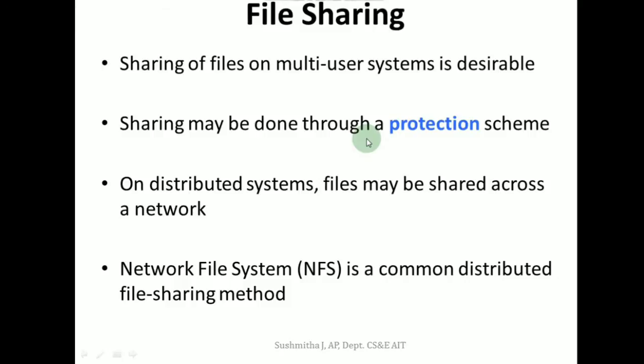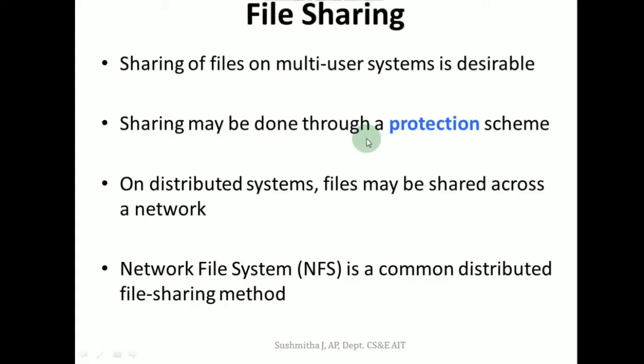The next thing we have is file sharing. File sharing is required, and it is supported by the file system as well. So when does sharing of files happen?